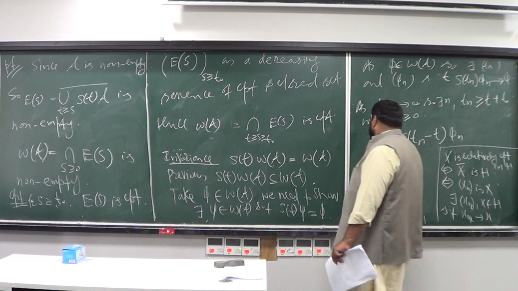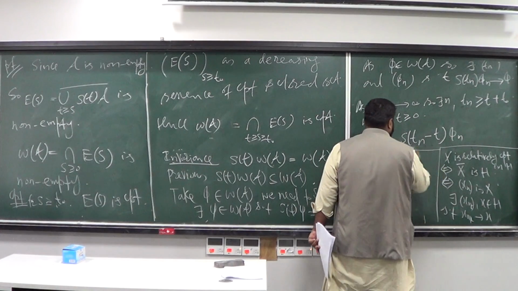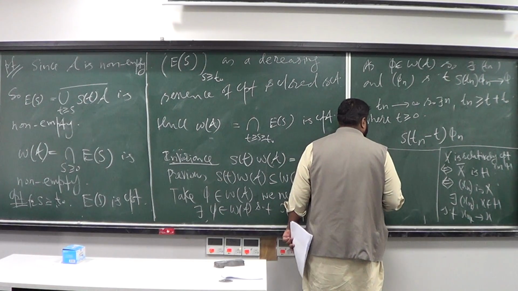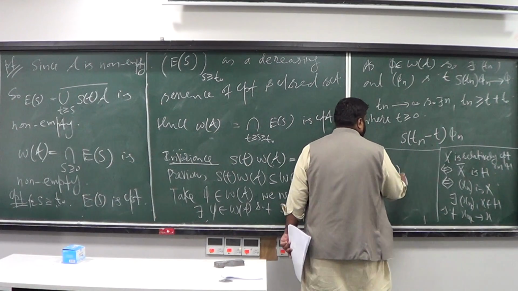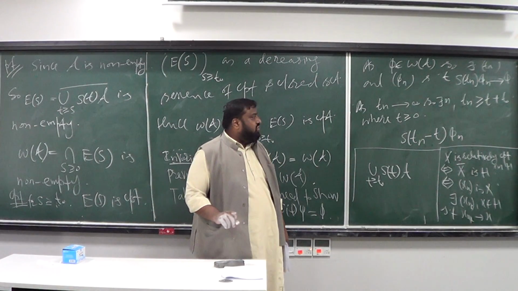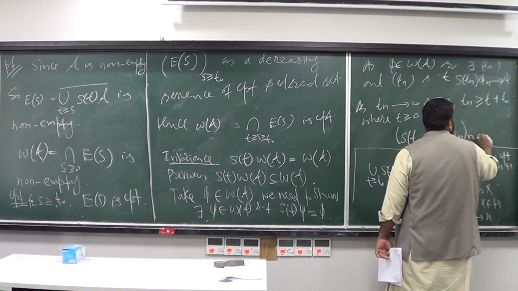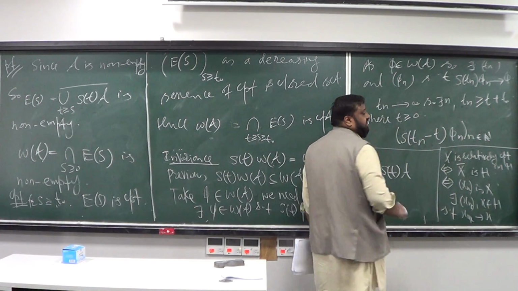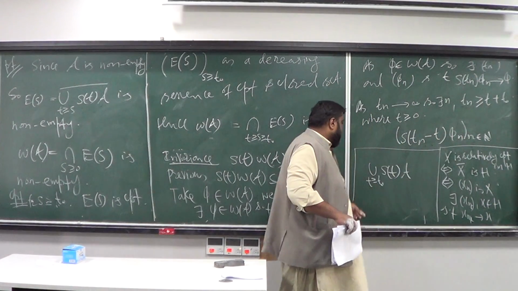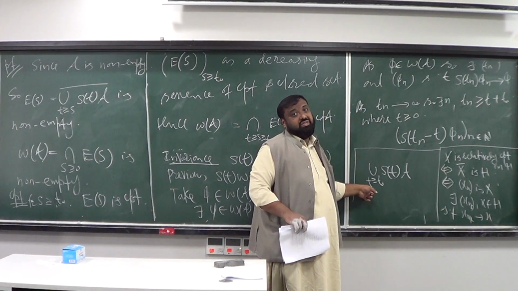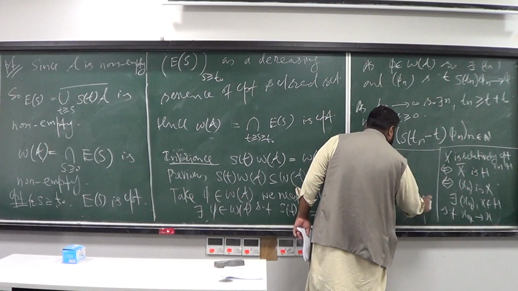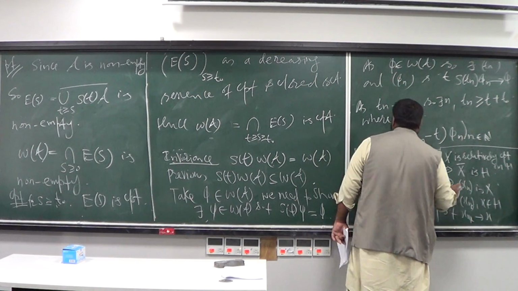Now, what we know about this set is that if you take any instant t after t naught, S of t operated onto A is relatively compact. So now you can treat this as a sequence in this relatively compact set, if this is given to me. Now, since this is relatively compact, by this characterization,